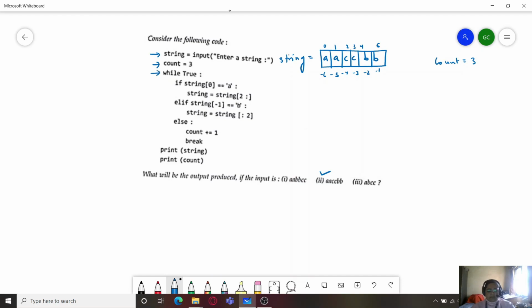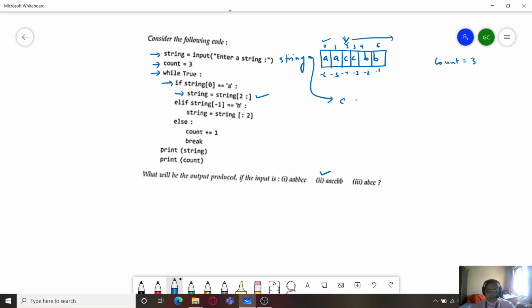Now we again start with while true. If string 0 is a, so yes, string 0 is a. So the statement will be executed. That is, string will now be pointing to the same index 2 to the last index, that is from this position to the end.